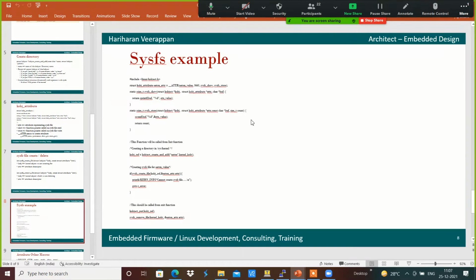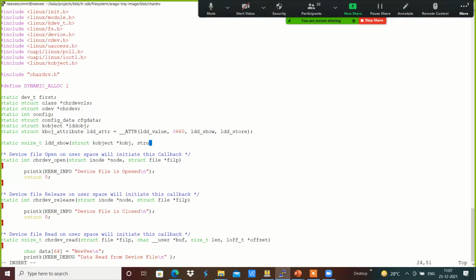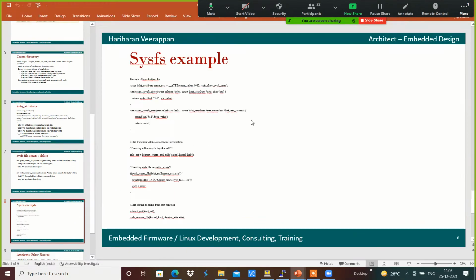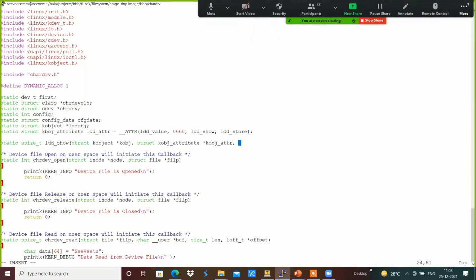The next one is the attribute over here, struct kobj_attribute, maybe *kobj_attr, and then we are going to get the value of the buffer. It has to be filled over here, char *buffer over here.